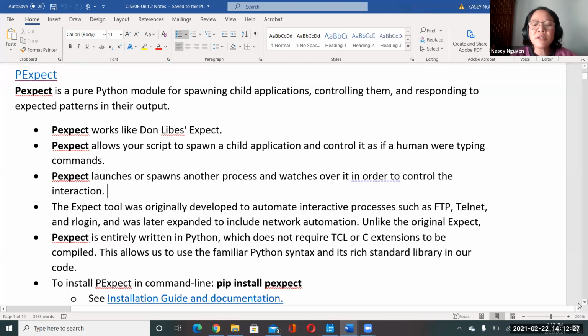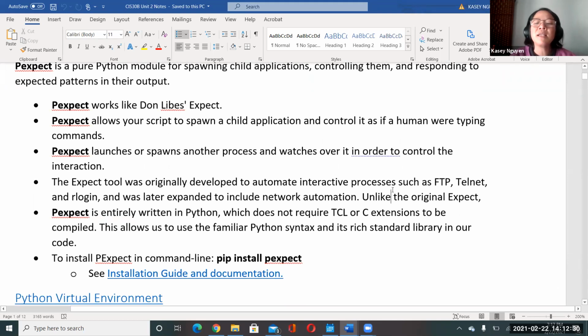Some of the services you can use with PExpect or the Expect library would be FTP. If you ever use an FTP website, you have to create a user account, or if they allow anonymous use, you can plug in anonymous as a username. So you can use the expect method for that, right? Basically, it's going to seek that criteria, and we can have it send a line and plug in our username, our password, etc. So we can use it for FTP.